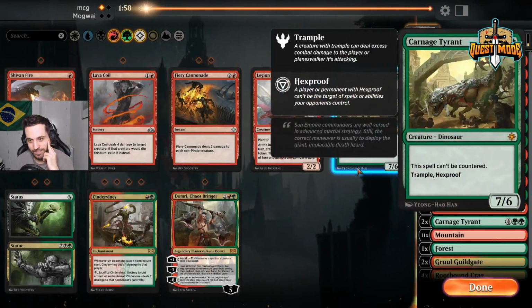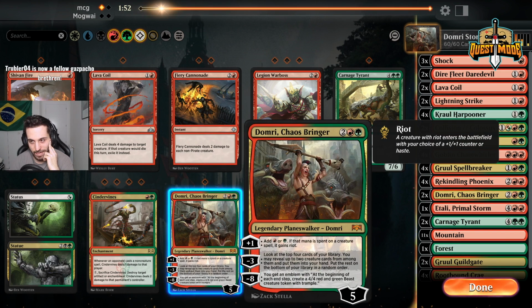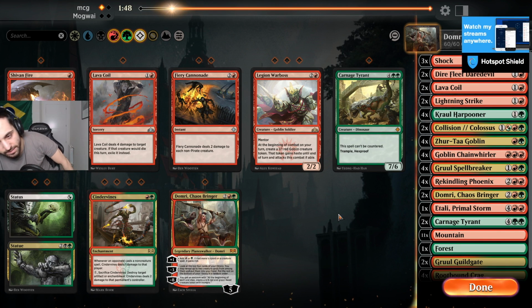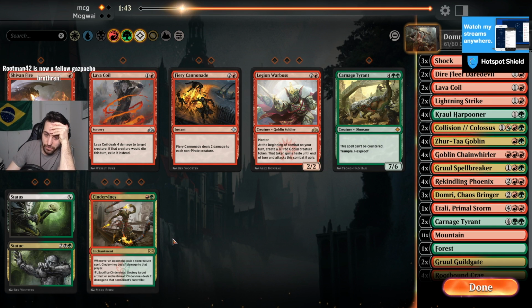All right. Gotta love that card when it's played against you. It just feels so damn good. Alright, I think we need a little bit of extra power here. The problem is they got board wipe, so it's not like Carnage Tyrant does that much. But I would like another Domri here. I also think I would like a...